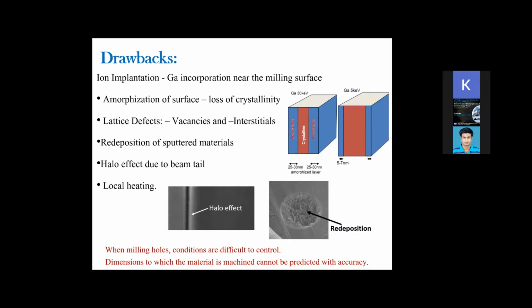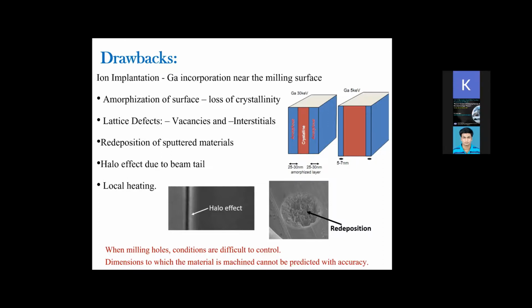That means when gallium is interacting with the sample, some of the gallium ions may get implanted, and obviously will get implanted if you are using a high dose, that means high kV. And also, I have told that redeposition of the sputtered material is a problem. Like you can see, if one is not an expert in doing milling, the redeposition has occurred in the same well where you are actually digging out. You are digging out a well and the same material has been redeposited in that well. So obviously that's of no use.